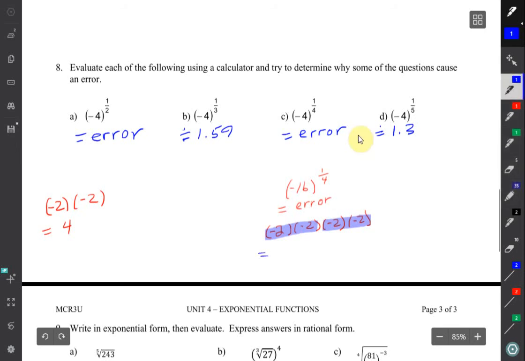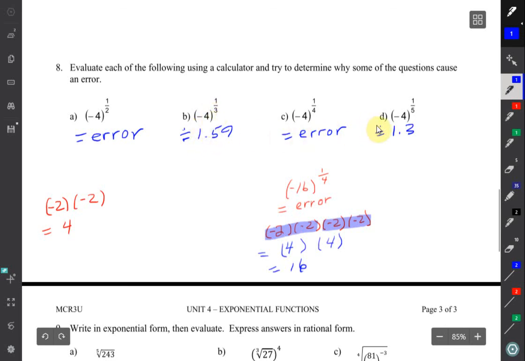So what we have is positive 4 times positive 4. These negatives all pair up to end up leaving with positive, so we're going to get a positive 16. We won't get a negative answer here. So whenever you have an even root and a negative as a base inside of a bracket, you're going to get an error. As opposed to here,